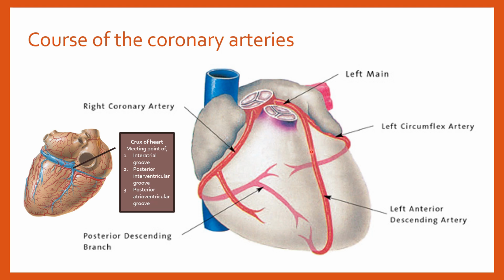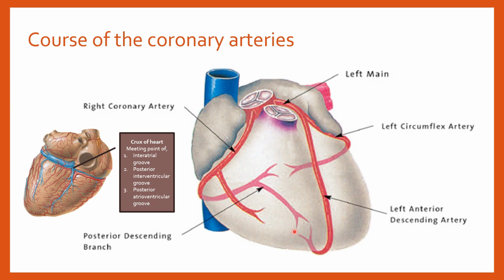The anterior interventricular artery is the continuation of the left coronary artery and it descends in the anterior interventricular groove. It winds around here, that is the incisura apicis cordis, and it ends on the inferior surface by anastomosing with the posterior interventricular branch of the right coronary artery. It is also known as the posterior descending artery. This anastomosis usually takes place at the junction of the anterior one-third and posterior two-thirds of the posterior interventricular